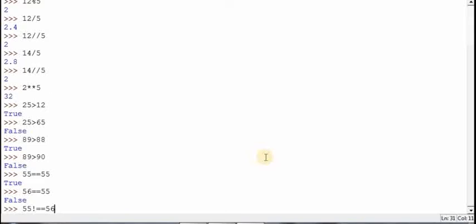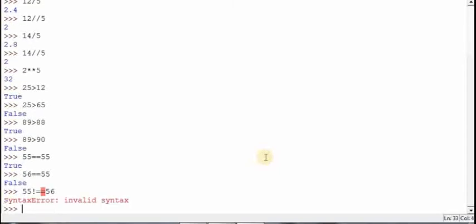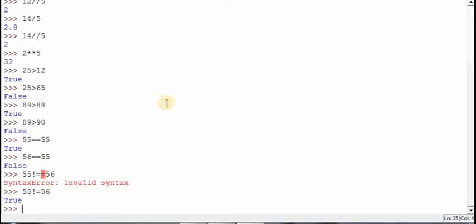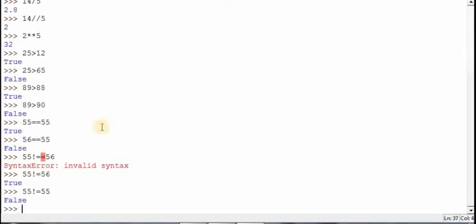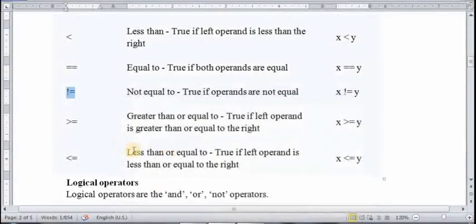Yes, it is true, because 55 is not equal to 56, so it will return true. Sorry, you have to use the not equal sign here. Let's take another: 55 is not equal to 55, but 55 is equal to 55, so in this case it will return false. So this is the use of the not equal to operator.